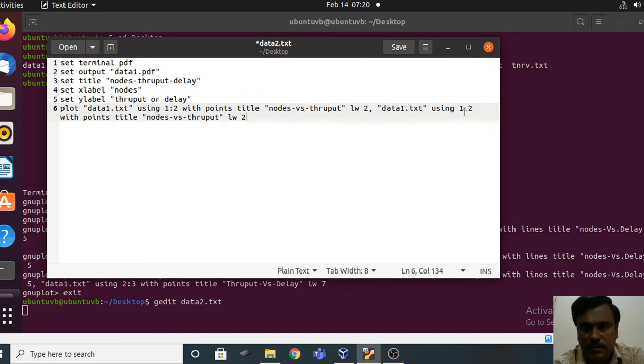This time you wanted to draw nodes versus delay, and instead of points you want to use lines.